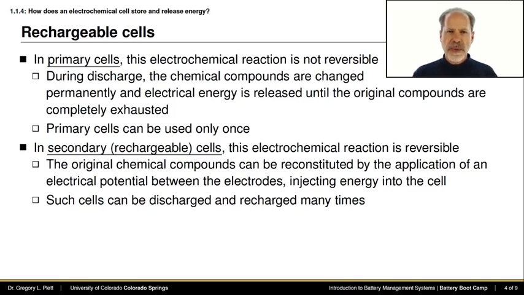Ideally, these secondary battery cells can be discharged and recharged an infinite number of times, but we know from our own personal experience that this is not the case. So we ask, why? What is happening? And it turns out that the simple understanding we have at this point of how a battery cell discharges and recharges is true for the primary chemical reaction that's happening in the cell, but it neglects the fact that there